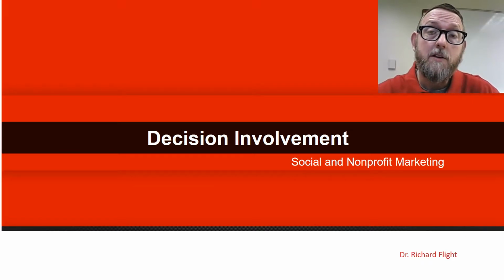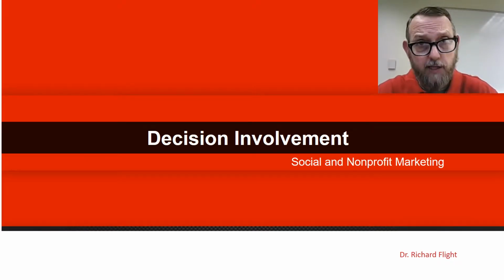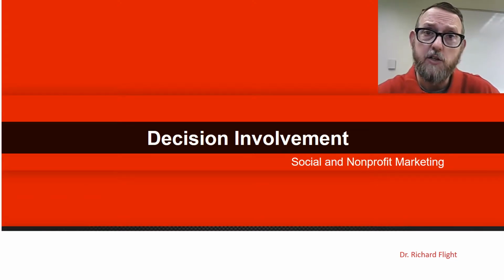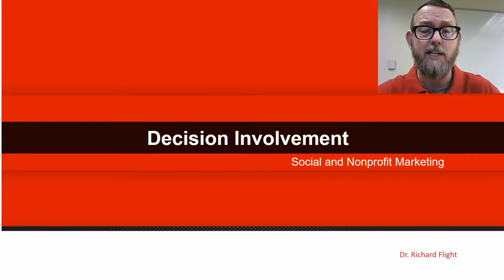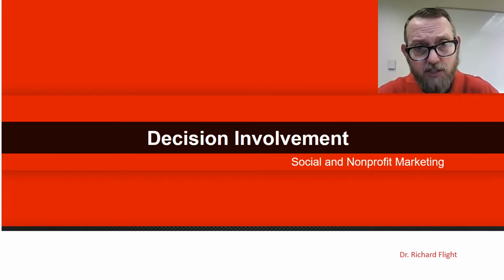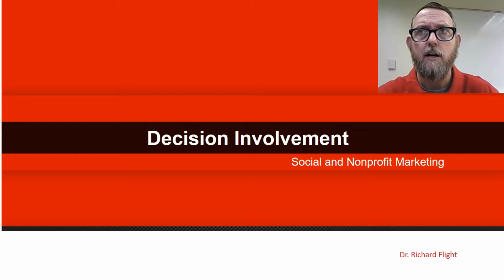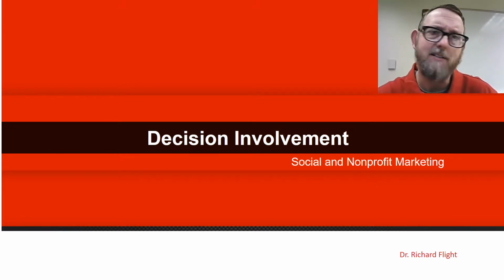One of the things we want to think about, especially in marketing, is that our goal is to change some type of behavior. It may be that we're encouraging people to buy a product, try a new service, change a behavior or a habit, or adopt something new that they haven't normally done in the past. But before they do that type of behavioral change, they have to decide, in fact, to do it. They have to decide to buy the product. They have to decide to start exercising. They have to decide to start eating more healthy and so on.